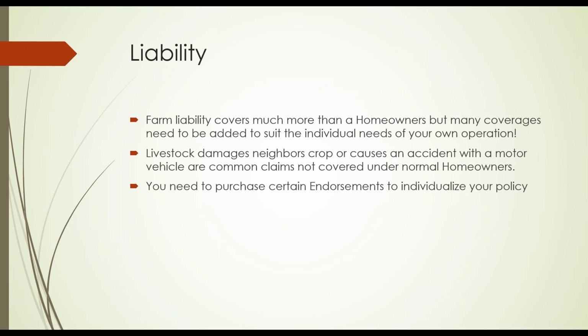Okay, liability. Liability is a very complicated subject, and it's not one that's much fun to talk about. Farm liability covers a lot more than your standard homeowner's liability. And the big thing to know here, when you purchase a farm policy, you are purchasing for exposures that a homeowner's will not cover. The other thing to know about liability, there are many, many endorsements that need to be looked at to suit your individual needs. And this is the big